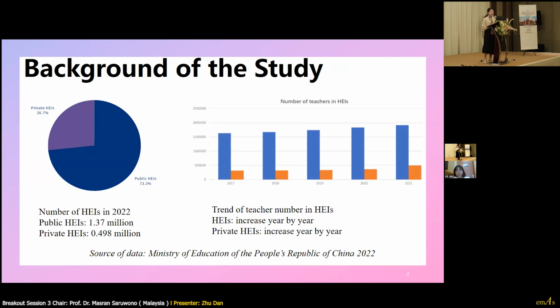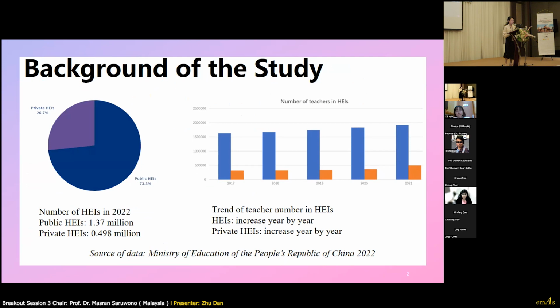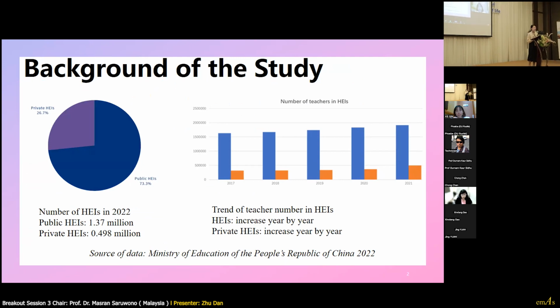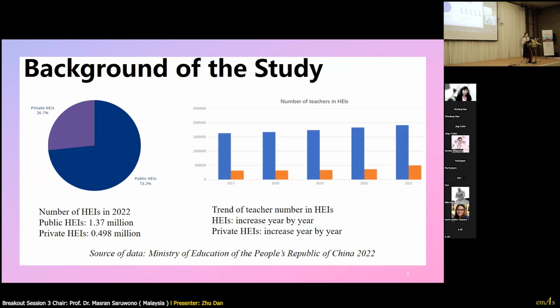In this study, we focus on the private higher education institutions in China. Why does our study focus on this part? Let's look at the pie chart in this slide.